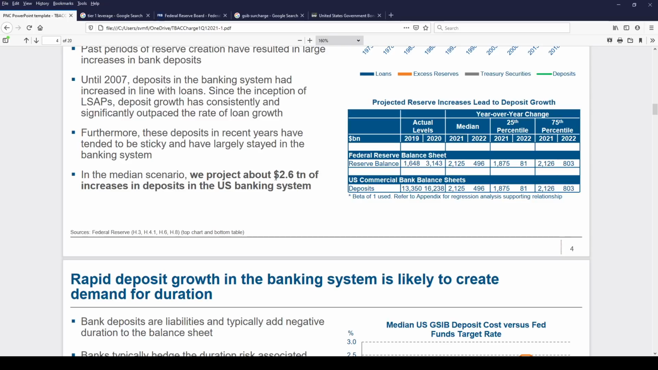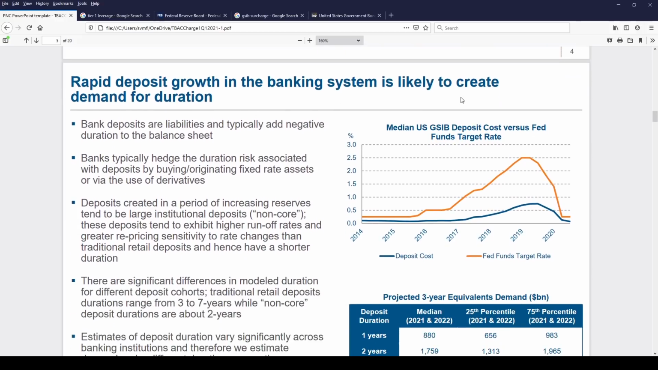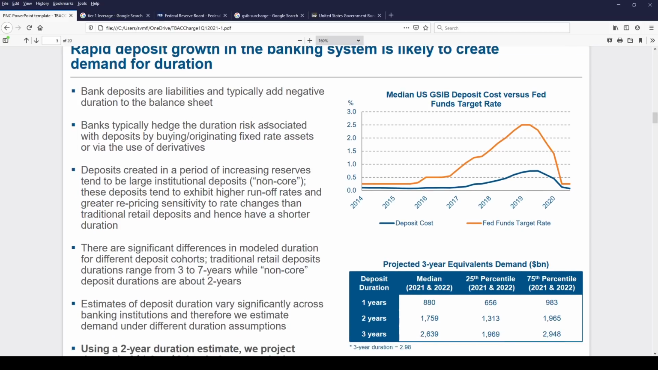In the median scenario, we project about $2.6 trillion of increases in deposits in the U.S. banking system. Probably going to be more than that. Now, rapid deposit growth in the banking system is likely to create demand for duration. So bank deposits are liabilities, and typically add negative duration to the bank's balance sheet. So banks typically hedge the duration risk associated with deposits by buying or originating fixed rate assets or via the